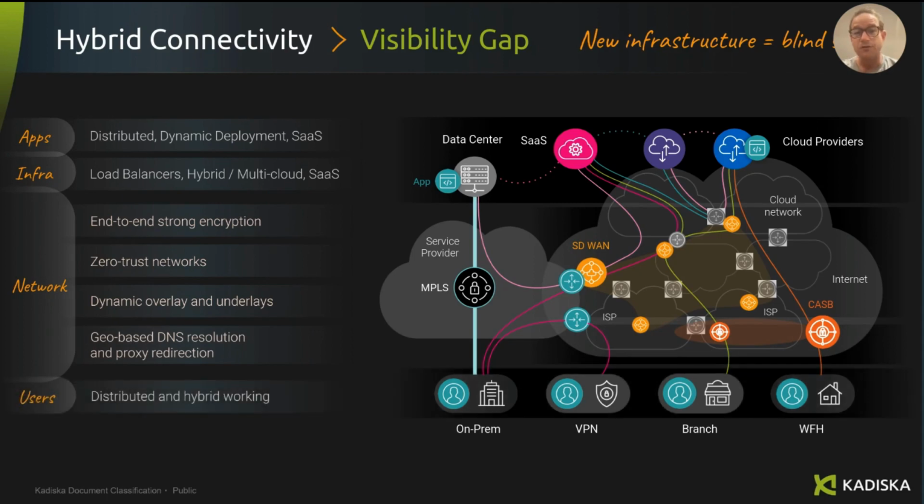And finally, the users. The users are distributed, and each user also has multiple locations to work from. People work from the office, people work from anywhere, they travel, they work from home, they use multiple sets of connectivity to do that. That's also a challenge for IT, because supporting users and making sure they work efficiently from all of those places brings a new set of challenges,